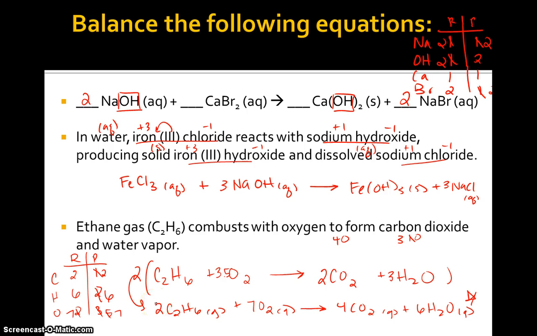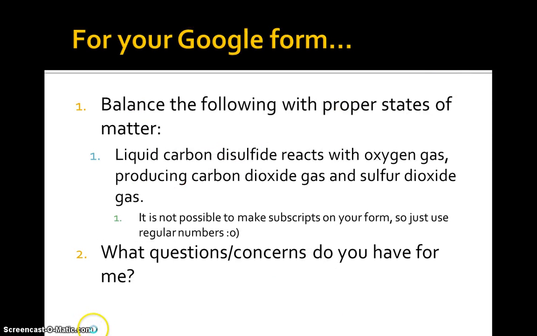So balancing, the only way you can get better is through practice. So here's what I'd like you guys to try and do. I'd like you guys to try and write this reaction and balance it, and go ahead and put it in your Google form. Now I know you can't do subscripts on the Google form, so you can go ahead and just write it like normal. So like an H2O would look like H2O on the Google form, that's fine. So go ahead and type in the answer once you're done balancing. And then please make sure you put any questions you have, because I'm sure there are some on this. And then all we're going to do tomorrow is look at your questions and go ahead and practice some balancing. Remember, I'm always at